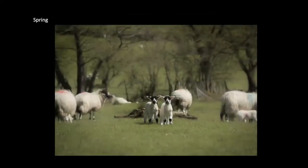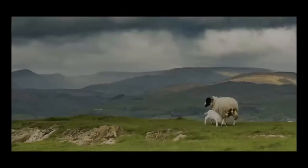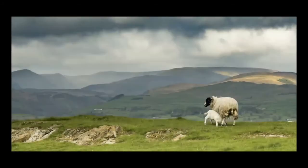And then we get into spring, we've got the lambs. Probably my favourite time of the year. I'm most involved at lambing time. I look after the pet lambs. And we had 90 odd this year. So our farm goes up